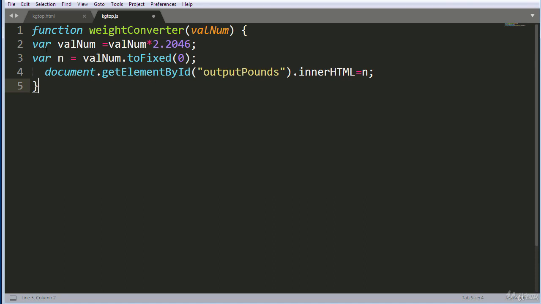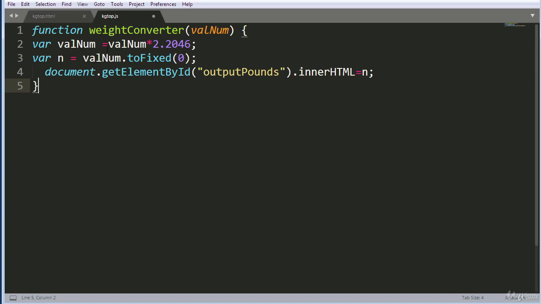Hence I've created a variable here on line 2 called valNumber. This will represent the value of the number you're inputting, and I've set that equal to the value of that number times 2.2046. This is because 1 kilogram is equivalent to 2.2046 pounds. And here on line 3 I've created a variable called n, and I've set that equal